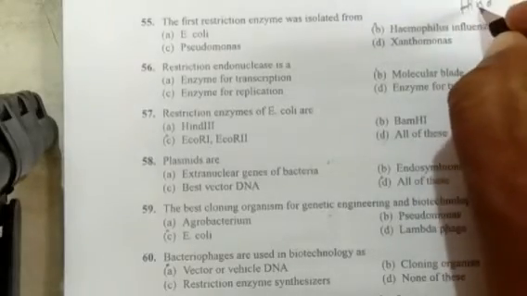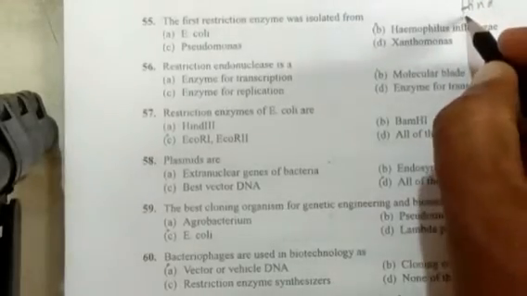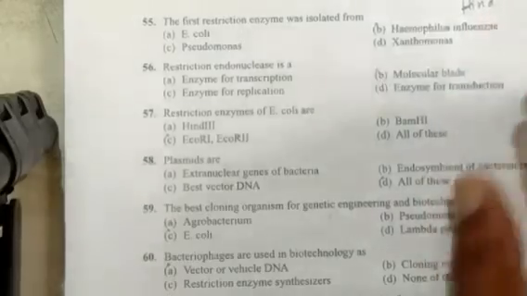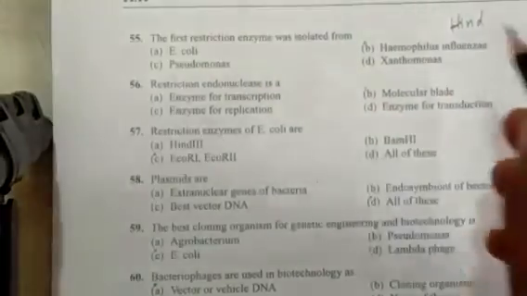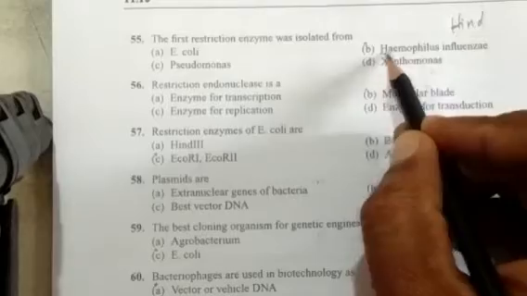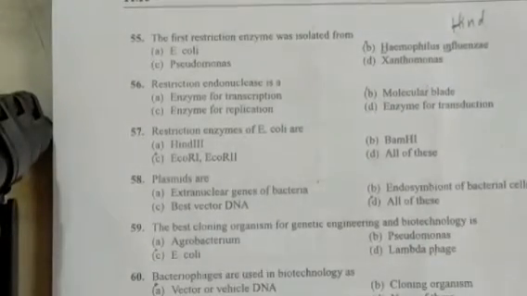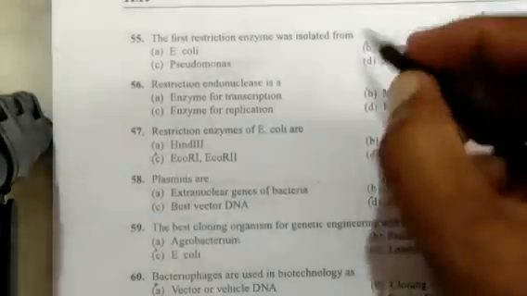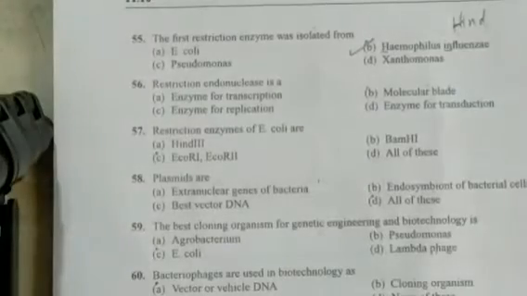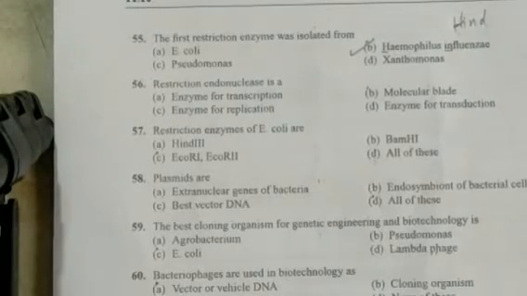We have told you, d is the strain. This is the genus. In Hind II, H is from the genus, IN is from the species, and d is from the strain. And II is the serial order; the Roman numerals signify the order in which they were extracted from the same species. So the first restriction enzyme isolated is from Haemophilus influenzae bacteria. All enzymes are obtained from bacteria.